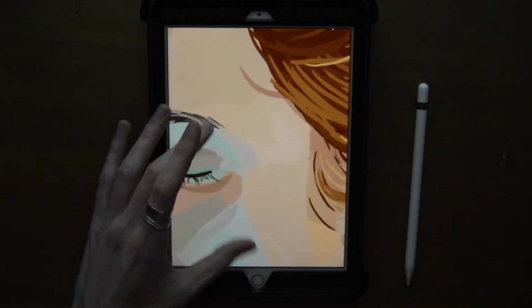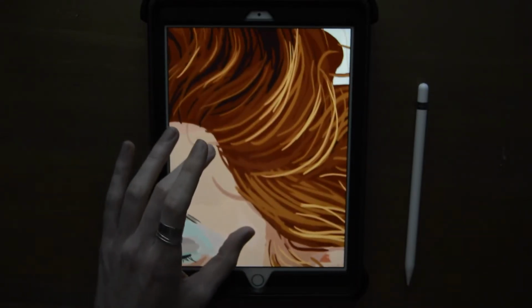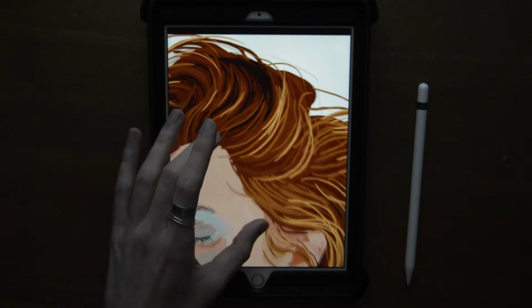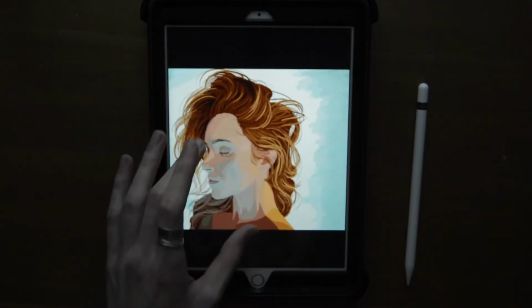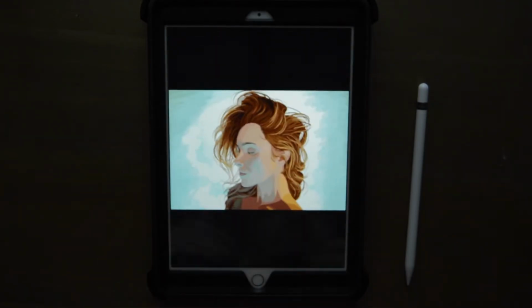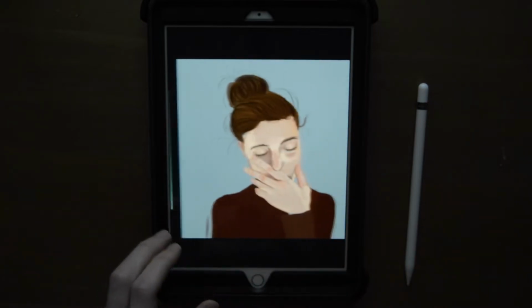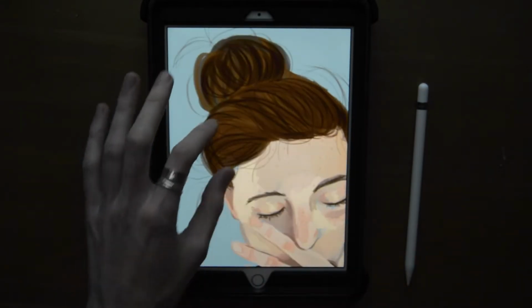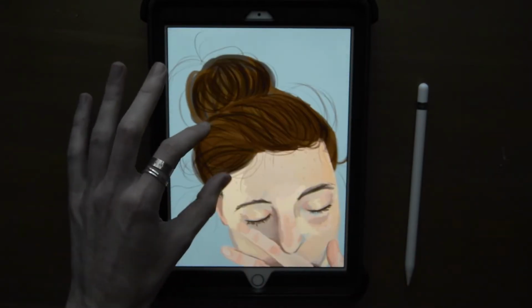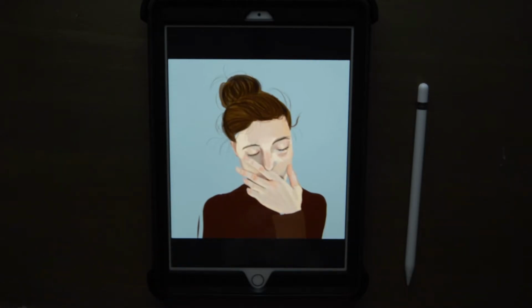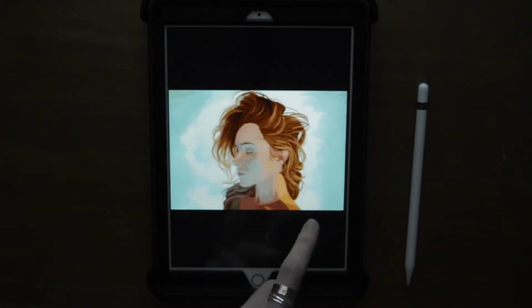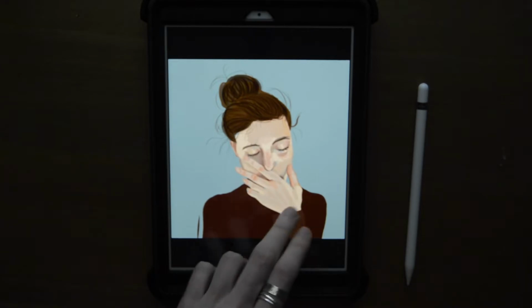But there's no shading. Hair is really stringy. Not how my style is at all right now. This is another one too where it's just very stringy hair. Trying to figure out what I'm doing. Like the colors are nice, but